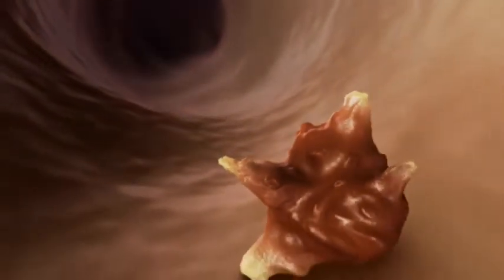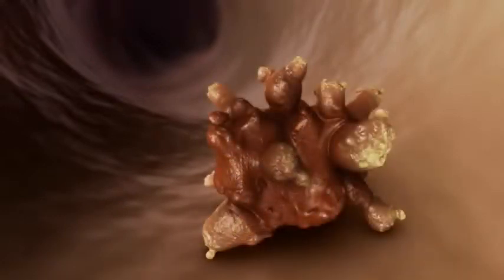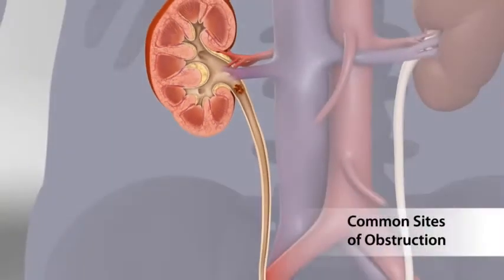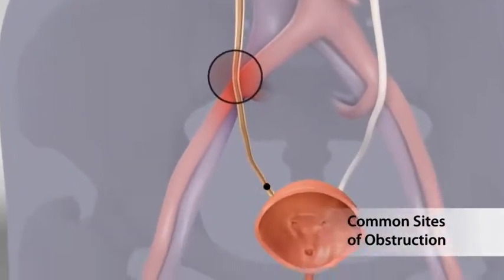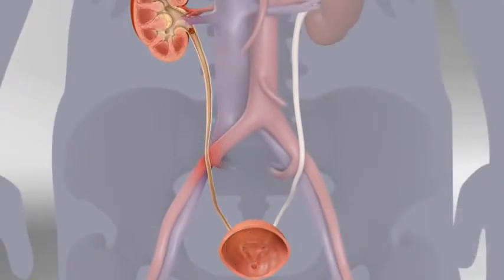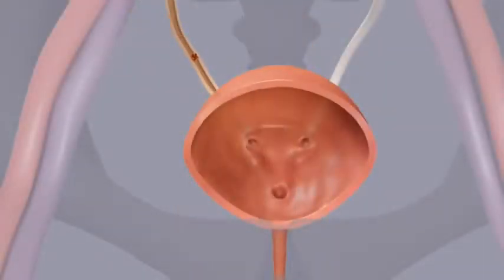If a stone continues to grow until it reaches a critical size, which can be as small as 4 to 5 millimeters in diameter, it may be too large to pass easily through the ureter. The edges of the stone may become wedged inside the ureter at the ureteropelvic junction, where the ureter crosses over the iliac artery, or at the ureterovesical junction. The result? Pain and obstruction until the stone slowly passes into the bladder and eventually passes out of the body